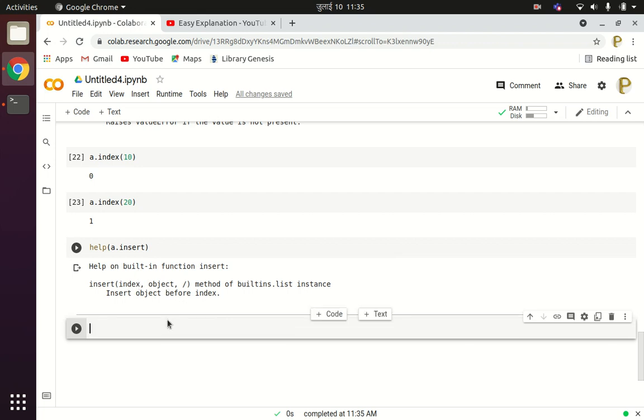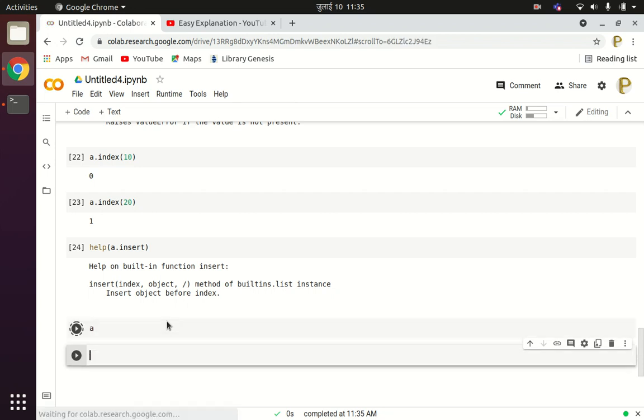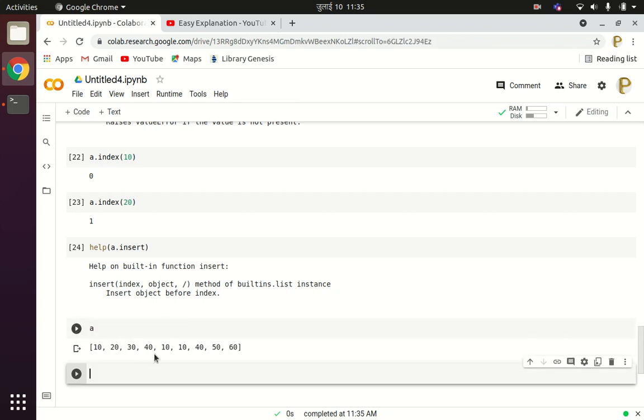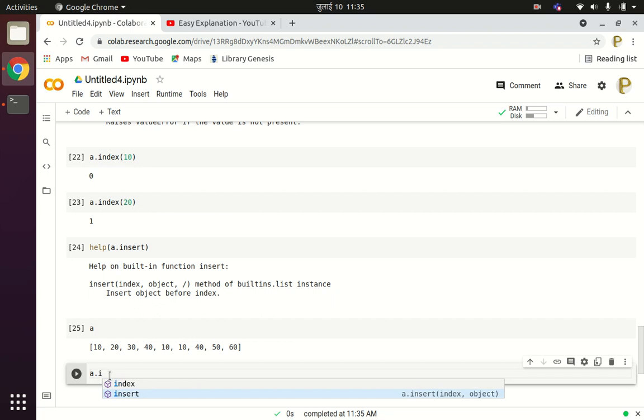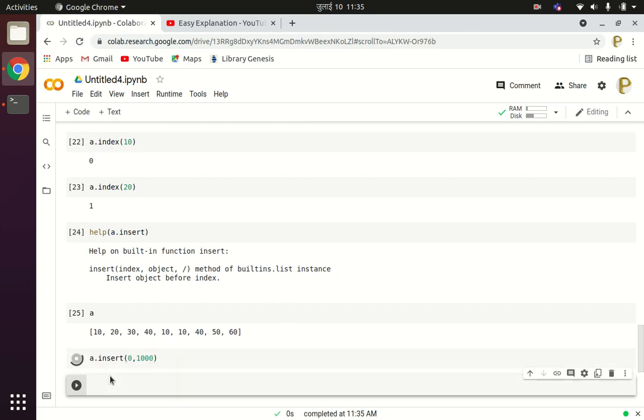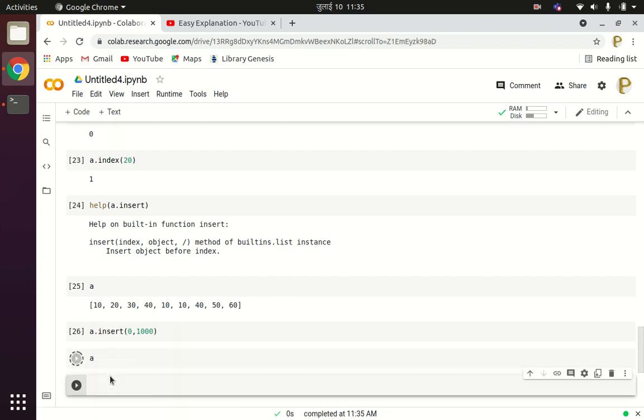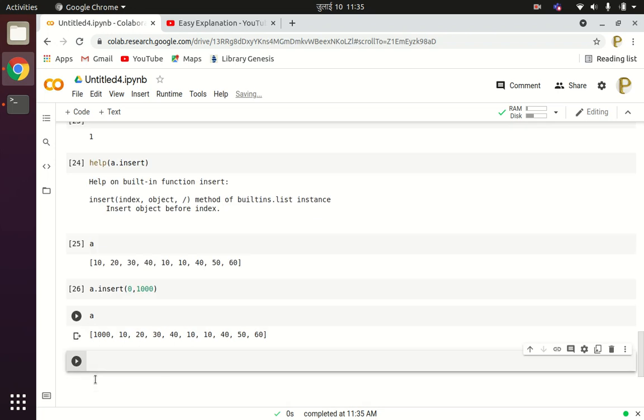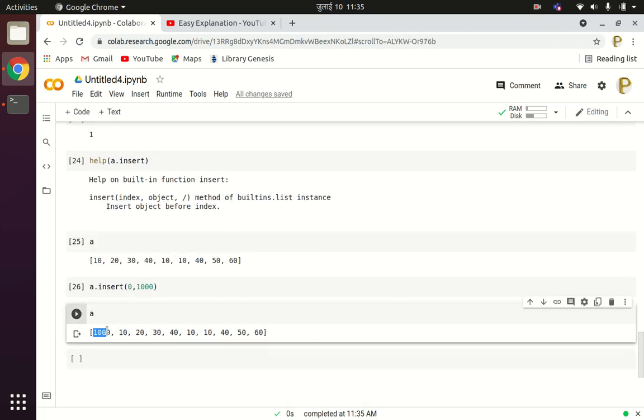Now A contains a list something like this. At index 0 I want to insert another element. So a dot insert at index 0, I want to insert 1000. Now see, at index 0 we have 1000 placed here.